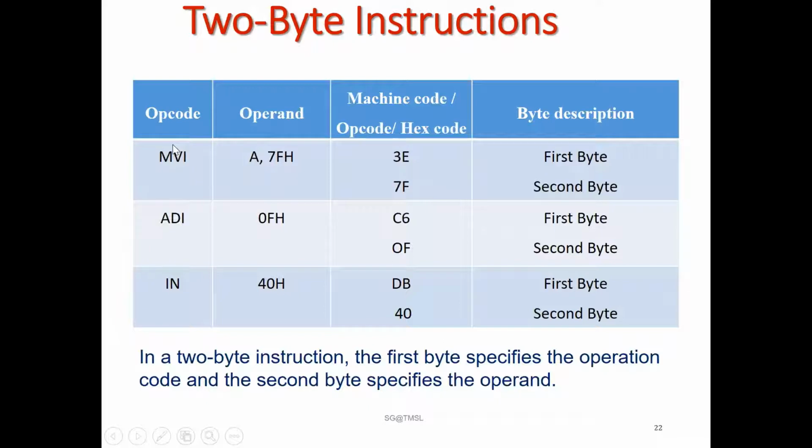Why? Because this has to be converted into machine code, and when it is converted, the corresponding machine code will be loaded in 2 consecutive memory locations. Loading this thing means loading this one and this one. Is it clear? In the same way, any immediate instruction must be a 2-byte instruction because it needs 2 consecutive memory locations.